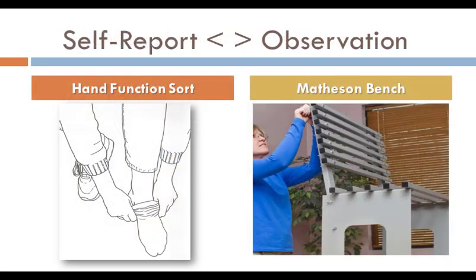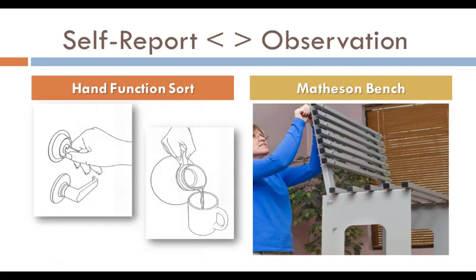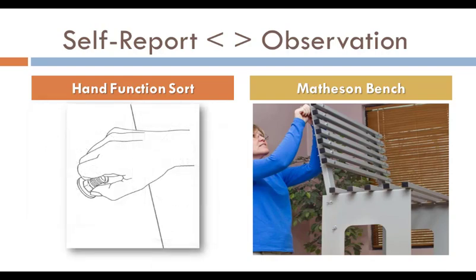But secondly, and this is very easy to do and quite useful, I tie the self-report to observation during the testing. In this case, I would have used the hand function sort and the bus bench. These are both tools we developed about 30 years ago to handle issues like this. The sort progresses from ADL tasks to IADL tasks, all of which the client is familiar with. The tasks become more demanding and more vocational as we go along, and we begin to get a sense of the trajectory of the person's limitations.